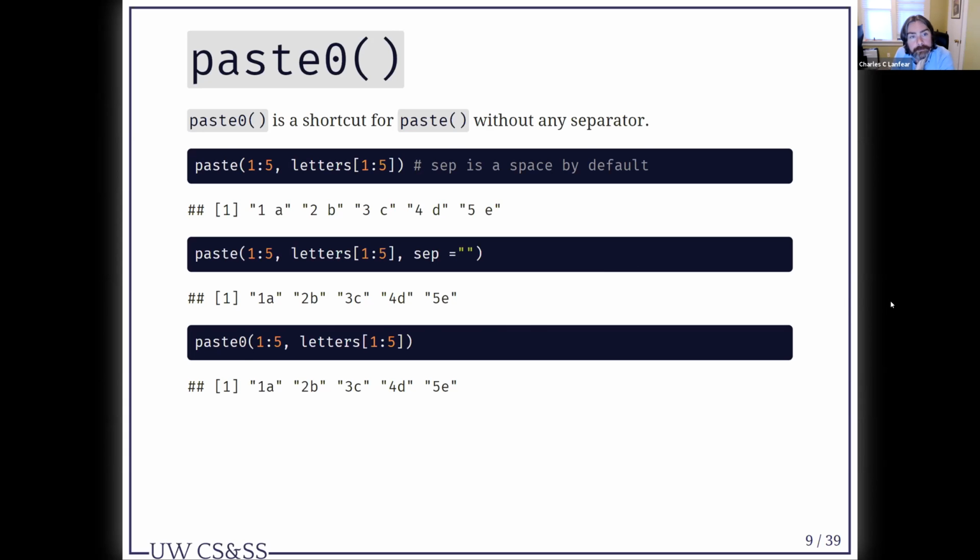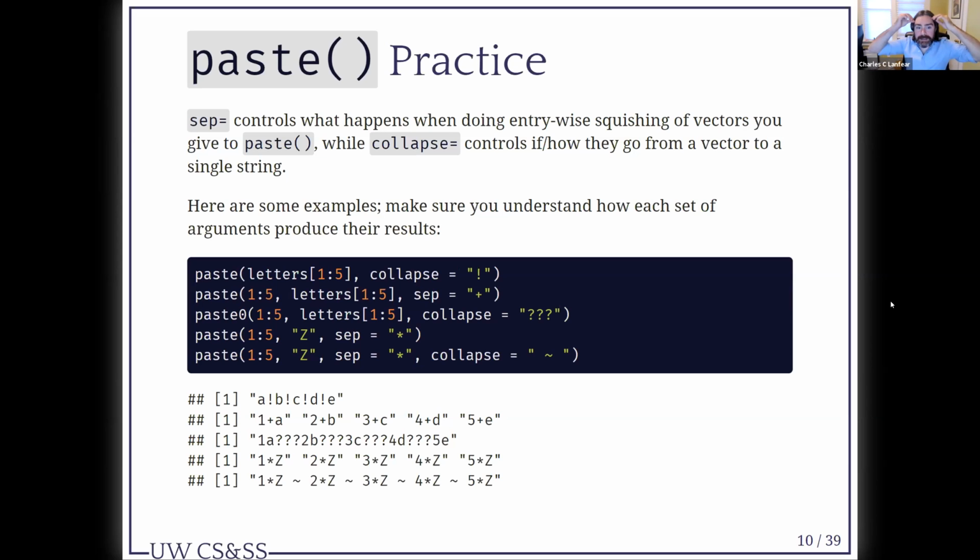Okay. So the thing is I've only shown you basic uses of paste. Paste can do a lot of other things in weird ways and in weird combinations of weird ways, okay? So the idea with paste is that the separator argument will control what happens when you do entry-wise, I'd say, squishing of vectors. So when you have one vector here and another vector here and you squish them together, it controls what goes